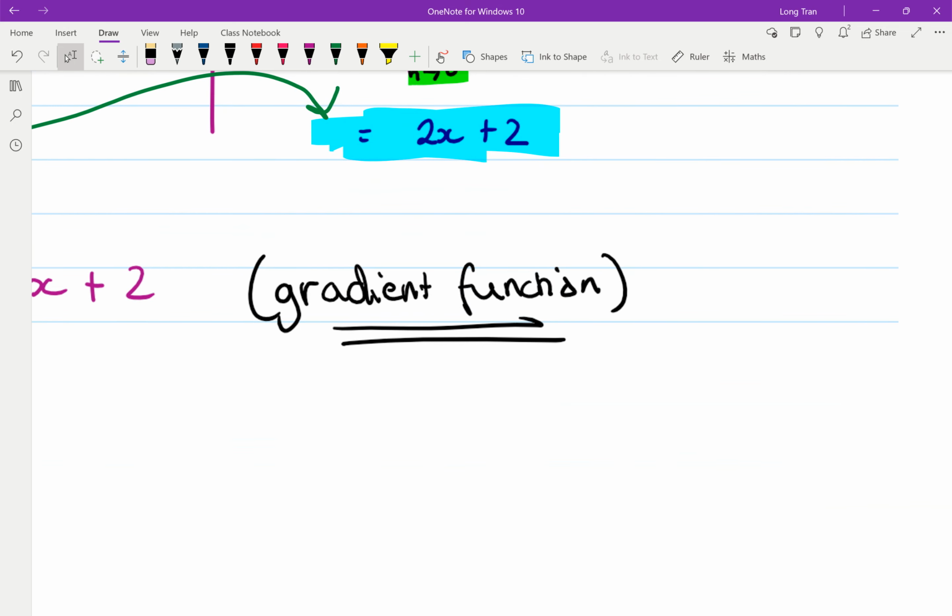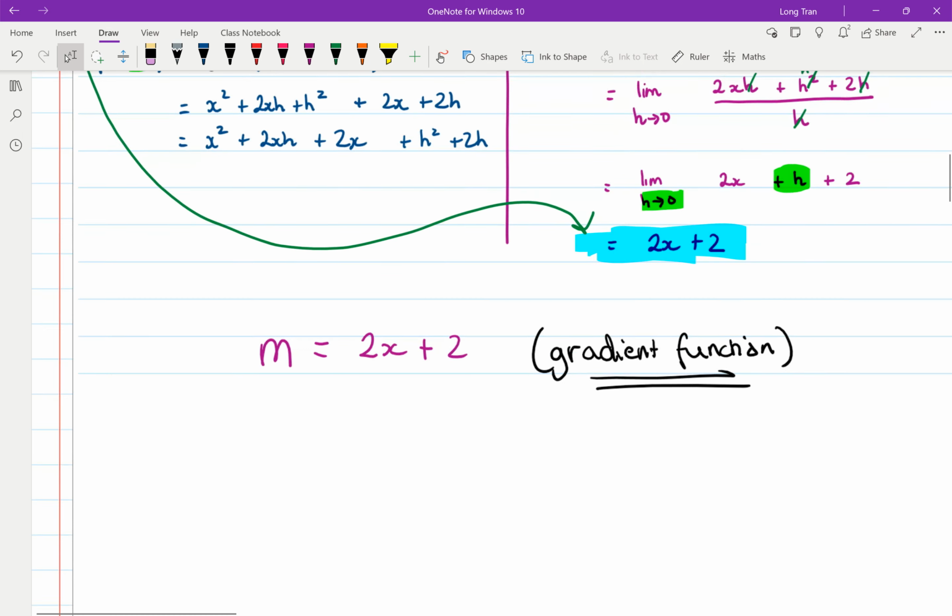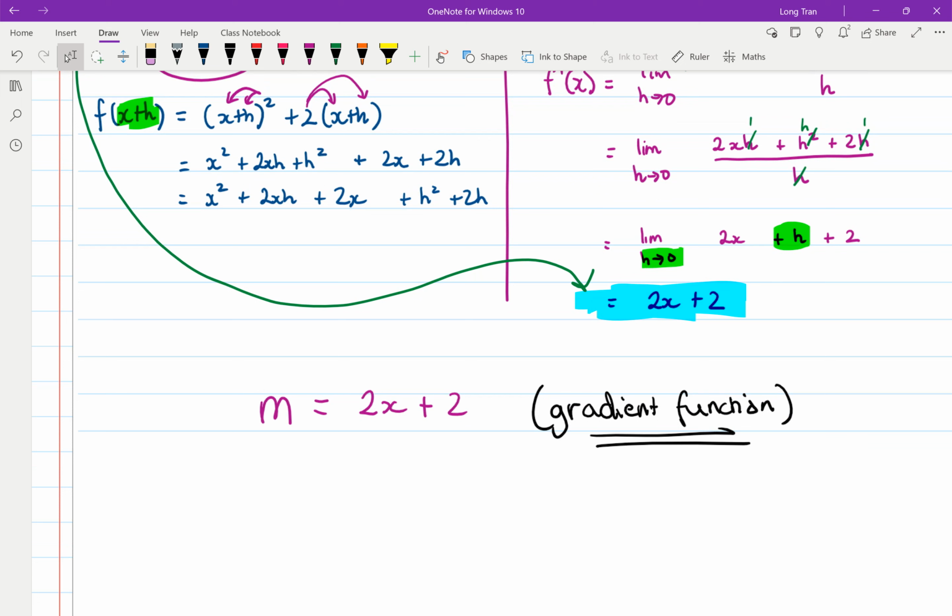Now, I do want to remind you, last session, I wrote this note down and I said I wanted you to copy that note into your exercise book, that when you find the derivative, or f dash of x, I want you to write on the side to remind yourself, this is a gradient function. Okay, what does that mean? This is a rule. What you figured out when you derive, this is a rule for any x value that you can figure out on the graph. Whatever the x coordinate is,